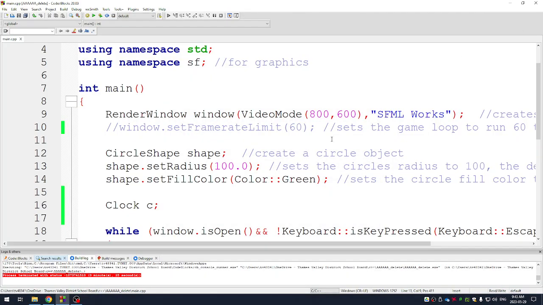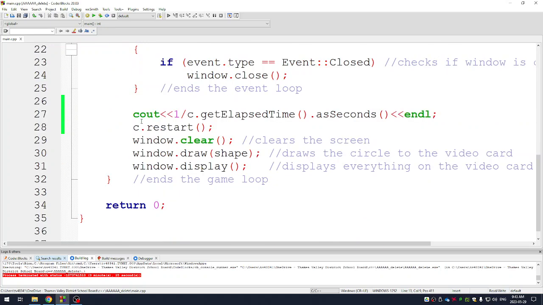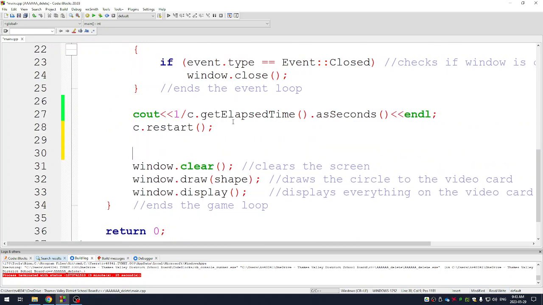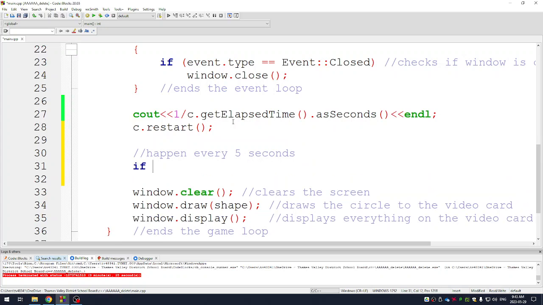Okay, so that's how timers work. I think the best usage of a timer in a game is, let's say I want something to happen every 5 seconds. Here's how I would do it. Okay. I want something to happen every 5 seconds. What I do is I go if